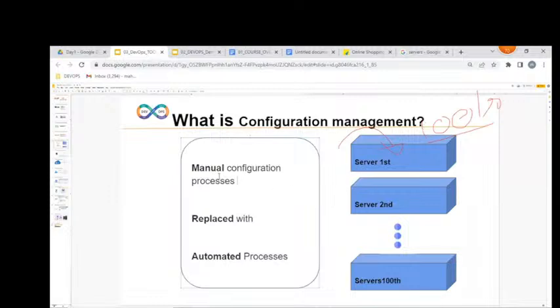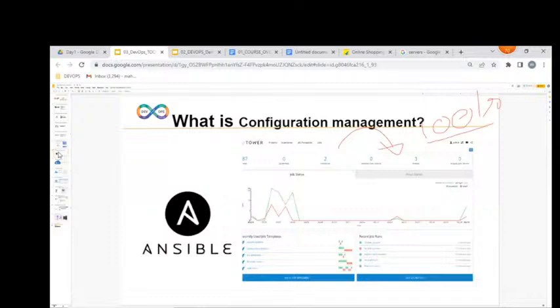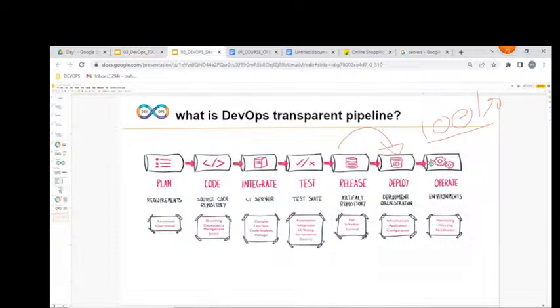Replacing a manual configuration process with an automated process. This configuration management is supported by Ansible. And we have so many tools, but we're going to be learning Ansible. So by using Ansible, hundreds of our production servers we can automate. We can easily deploy our applications.